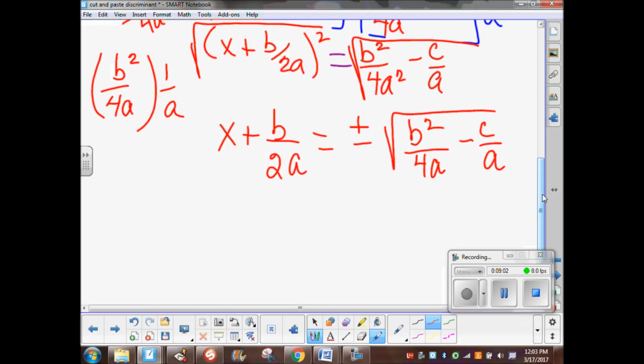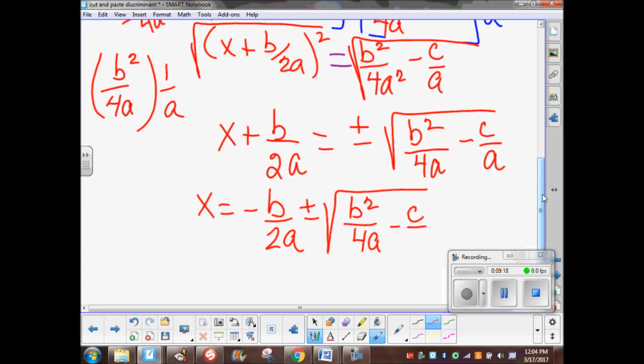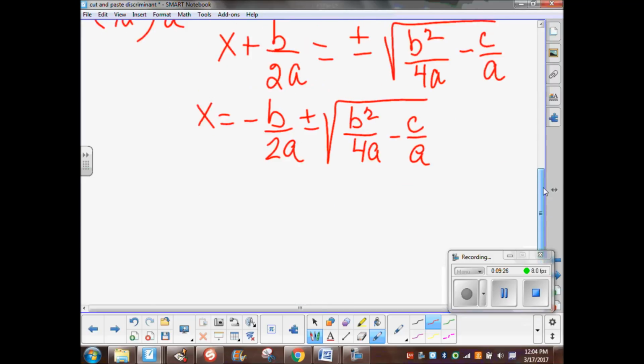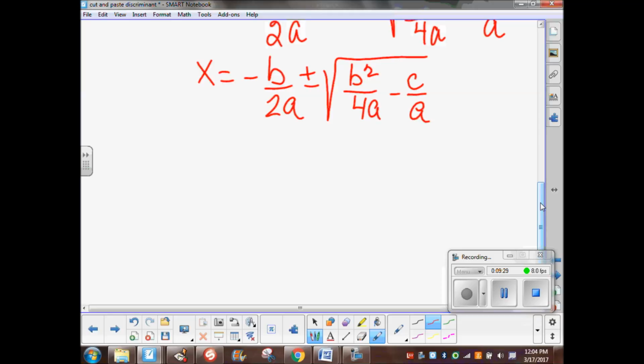So if I want to solve for x, I've got to subtract that b over 2a from both sides. So negative b over 2a plus and minus the square root of b squared over 4a squared minus c over a. Now what's underneath that radical I want to clean up a little bit. What's underneath the square root? So I have two fractions, right, separated by subtraction. I need a common denominator. So that common denominator